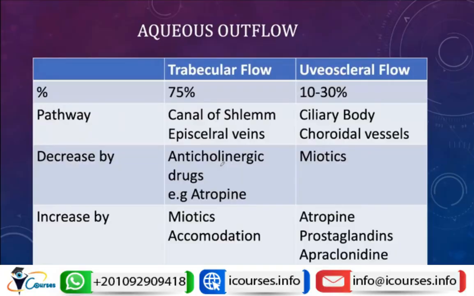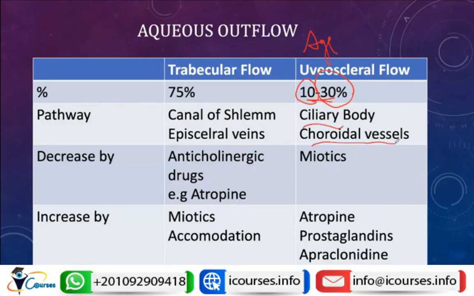To differentiate between the different routes for the aqueous outflow, the trabecular flow is between 75 to 90%, while the uveoscleral flow is between 10 to 30%. Well, this will depend mainly on the age of the patient. So the younger the patient, the more the uveoscleral; the older the patient, the less the uveoscleral. The trabecular flow passes through the canal of Schlemm and episcleral veins, while the uveoscleral passes through the ciliary body